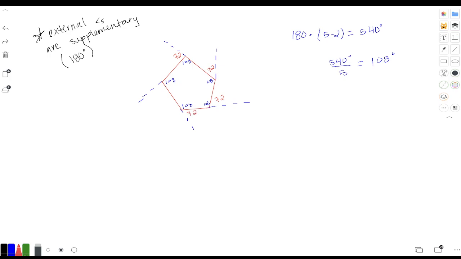So all of these are going to be 72 degrees. Okay? If we add up the sum of these external angles, we're going to notice something. We have 72, 72, 72. That's going to give us a measurement of 360